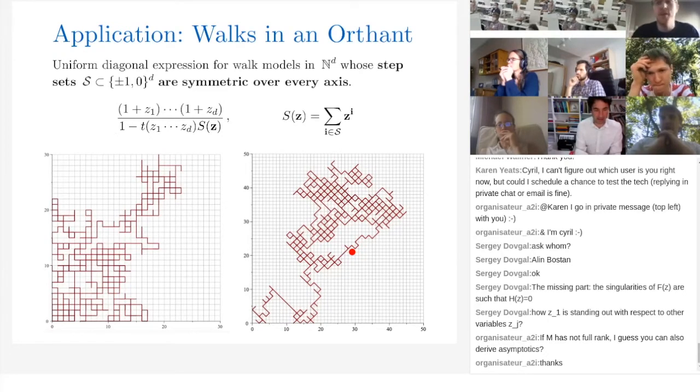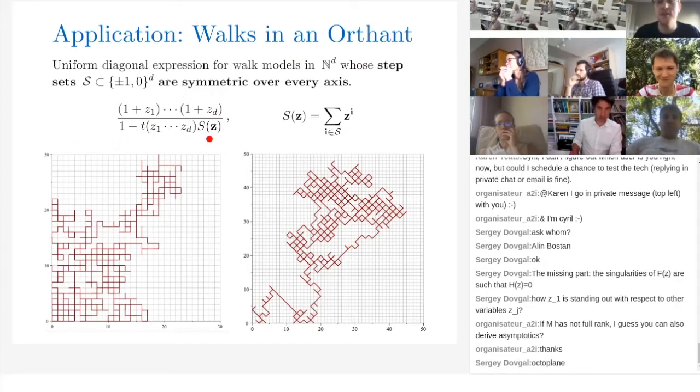So going back to lattice walks, let's look at, say, the north, south, east, west model that we saw before. Now that's very nice, and one of the reasons it's nice is that it's symmetric over every axis. If you flip over the x-axis to the y-axis, your set of steps is invariant. So in general, if we take any set of steps in an orthant, so in N to the d, which is symmetrical over every axis, you can get a uniform rational diagonal expression for your generating function. So it's the main diagonal of this rational function,